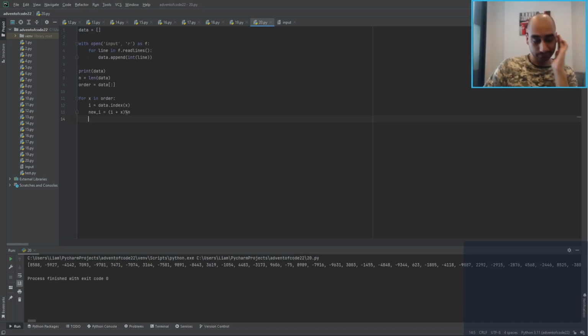Well, we can delete data[i]. Now take it out, and we want to put it in. Now the problem is, if we've taken that out, that might now mess up the index. If new i is strictly greater than the old position, then we want to just subtract 1, because we're now missing that piece, so the indices are kind of messed up. It's probably a cleaner way of doing this using swaps or something, but